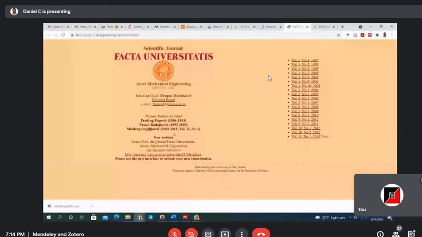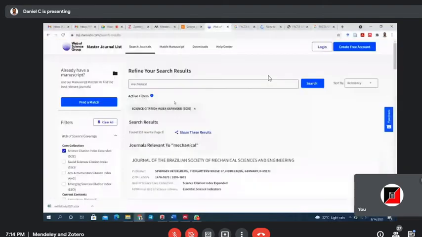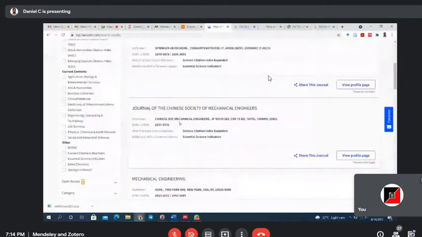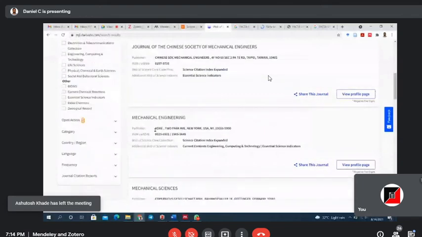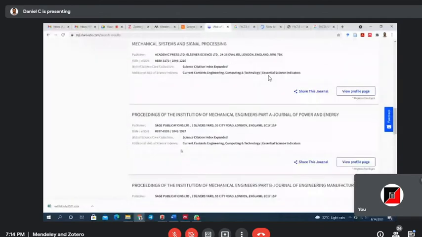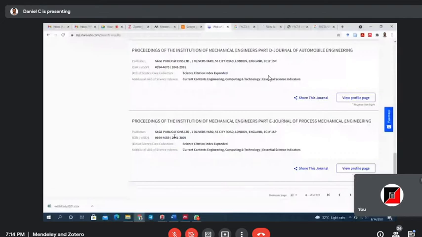Then again, this belongs to Springer, Chinese Society of Mechanical Engineers, American Society of Mechanical Engineers, Copernicus. I think this journal's publisher is a German company. You can go through this.